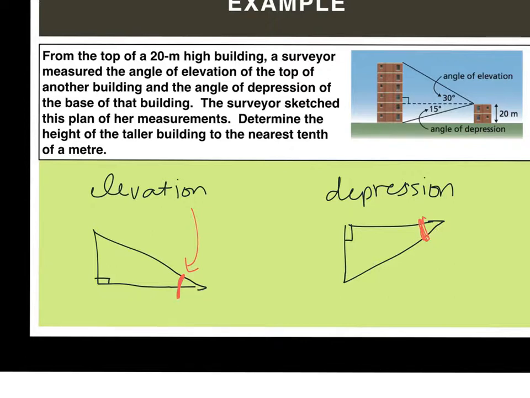Is everyone okay with this? Whenever you see elevation, you draw your triangle the normal way. If you see depression, you draw it upside down, and the depression angle is the one at the top. So in this situation, they did give us